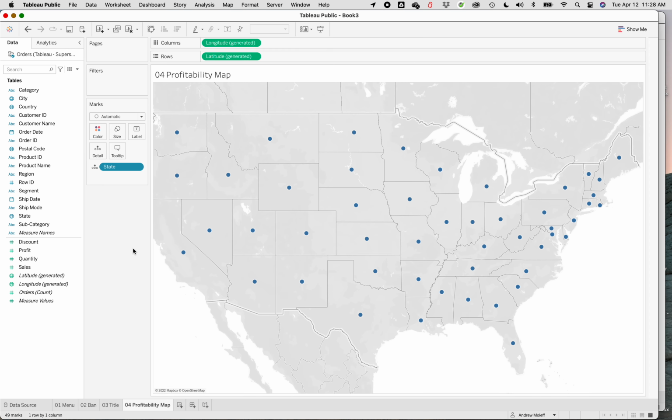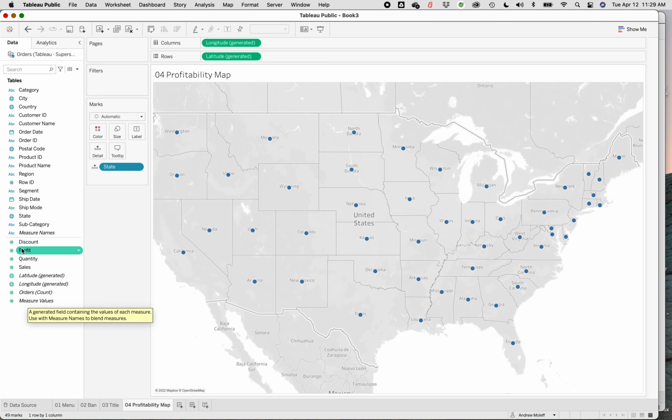So if you worked with us on some of our other assignments, you know that one of the great things about Tableau is being able to create maps. And we just double clicked, and now we have a map of the United States. At least the 48 states in the continental United States. Okay. Now what we want to do is we're going to drag, go down here to profit, up here in